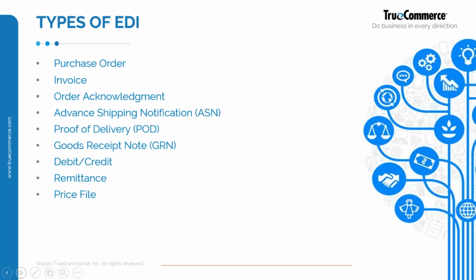Advanced shipping notices. So if you have a backdoor system and you want to have forewarning of what stock is coming in and when, advanced shipping notices is a great way of doing that. It allows you to forecast and plan a lot better in that you know which stock on the order is coming in, you know what date it's specifically coming in, you know what operators you have to have available to take it in at the back door.